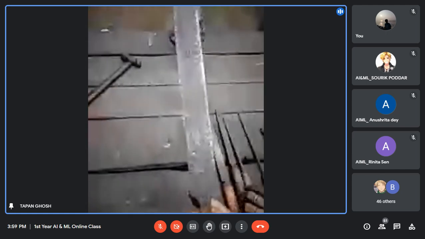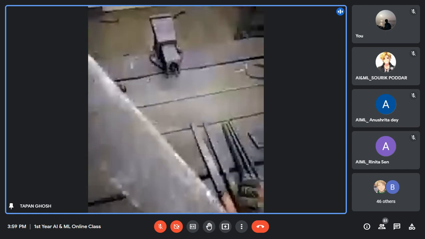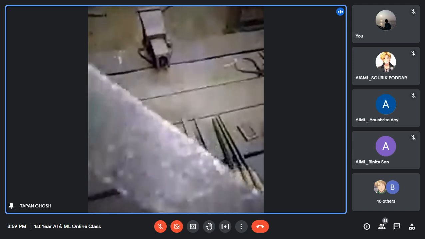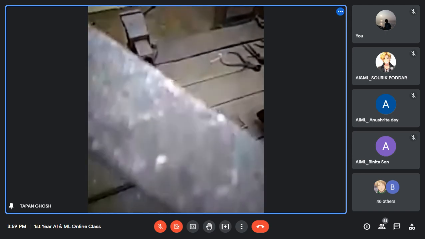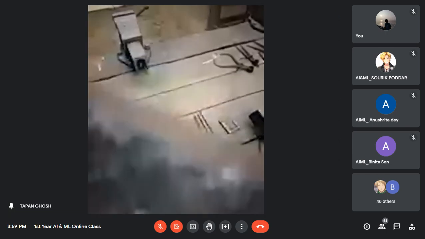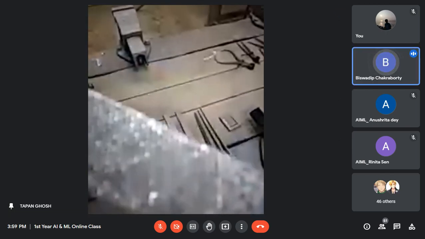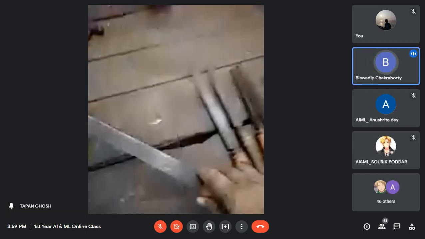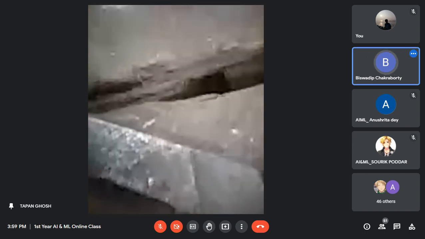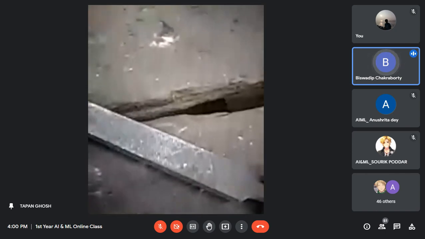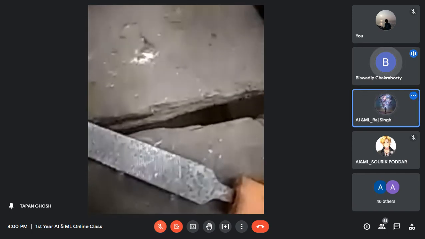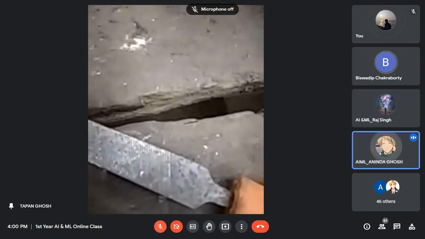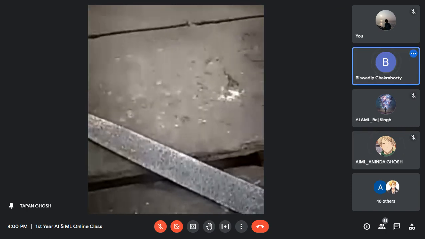So you see that this is a file. You see the cut. That is a single cut. So the lines are spread. Can you see this? You have to hold it parallel. You can see those lines. Yes, sir, it's visible. It is visible now. Then those are the cutting lines.